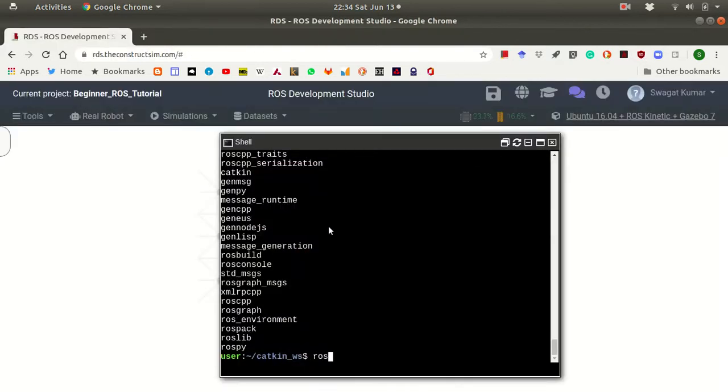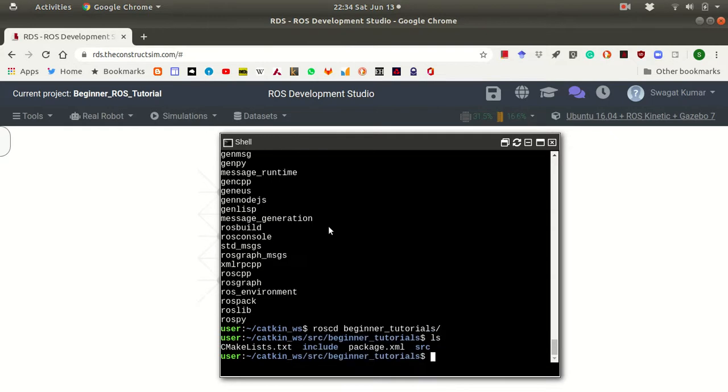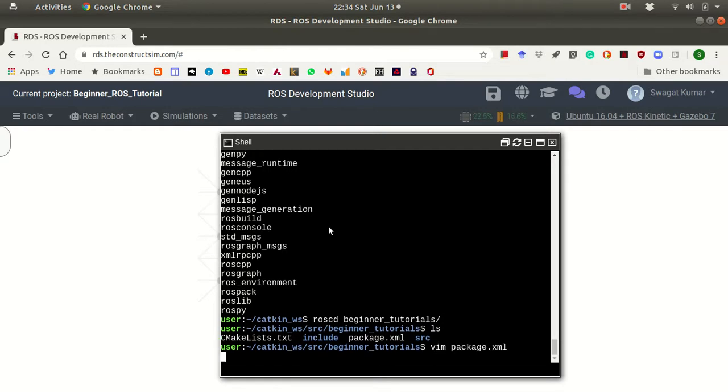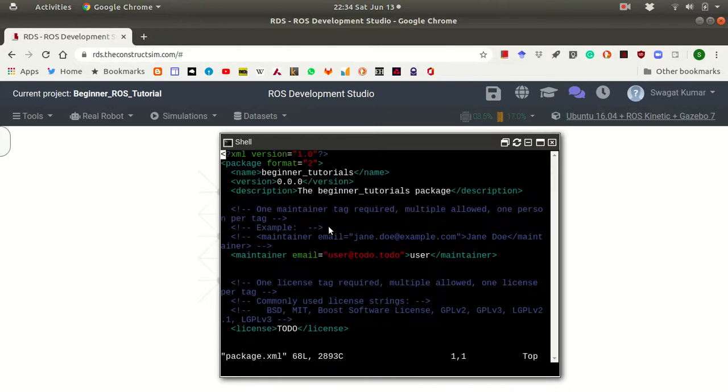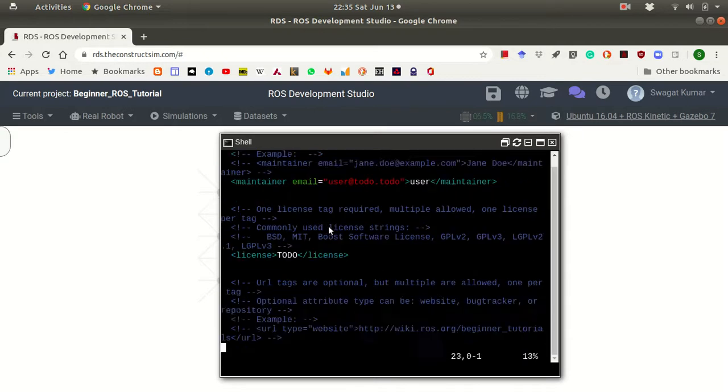So if we do roscd beginners tutorials and then vim package.xml, we use the vim editor here, so probably it is easier to see and execute. You can see the first line is the XML version, package format 1.2. You give the name. So this is standard: you need to have the name, description, maintainer email ID, license. This is common, you will find it. And after that,